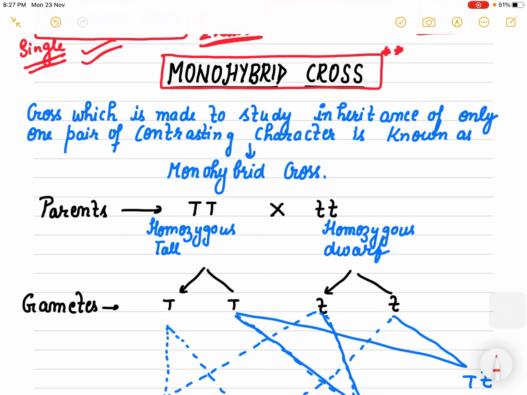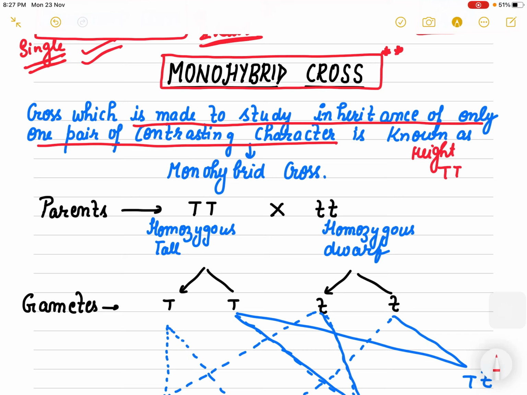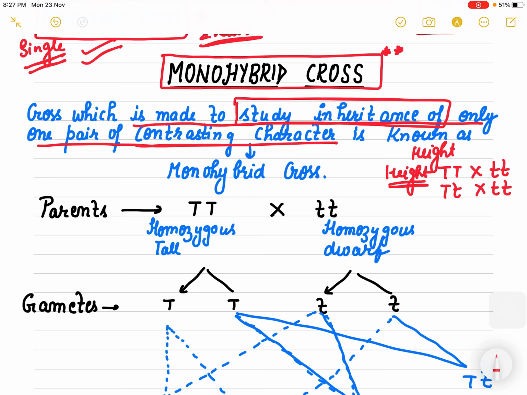A monohybrid cross is made to study the inheritance of only one pair of contrasting characters. One pair is like, suppose I am studying height, my plant can be tall, it can be homozygous tall, right? I am taking homozygous here, but otherwise it can be heterozygous tall also, and dwarf. So I am taking here only one character, that is height. So when a cross is used to study the inheritance of only one contrasting character, that type of cross is known as